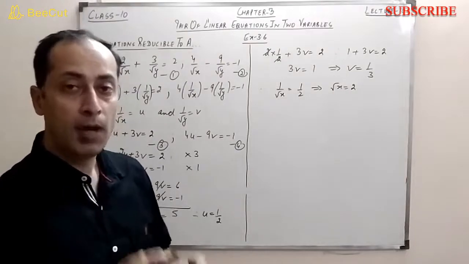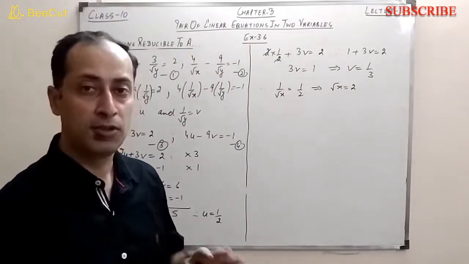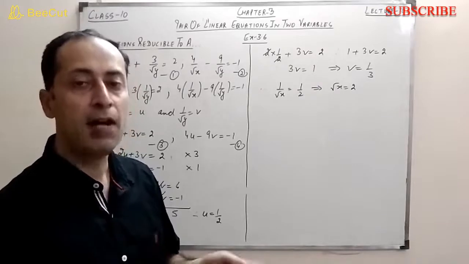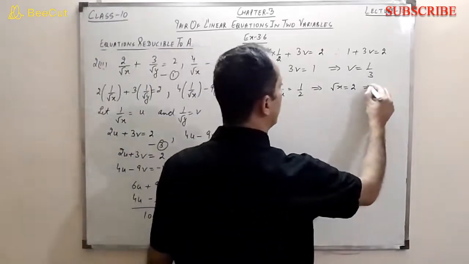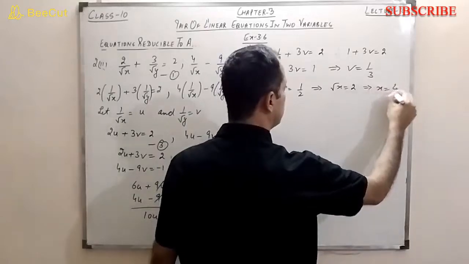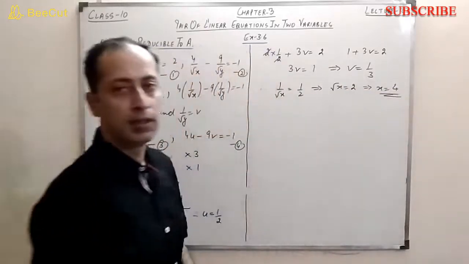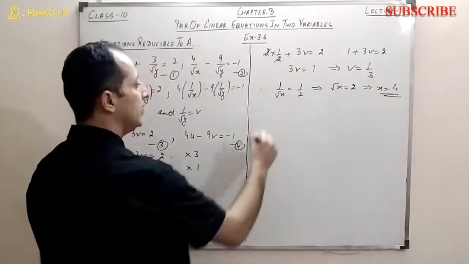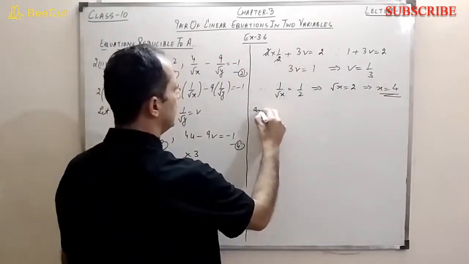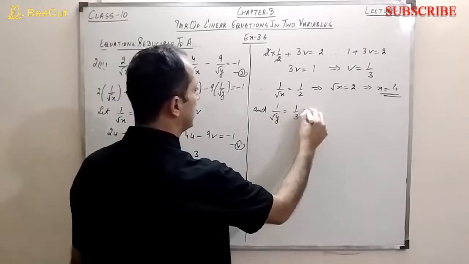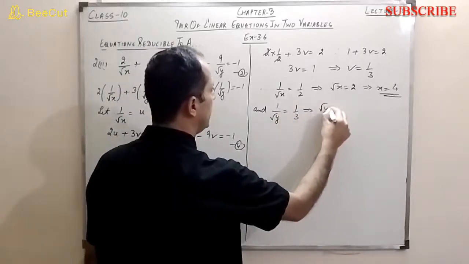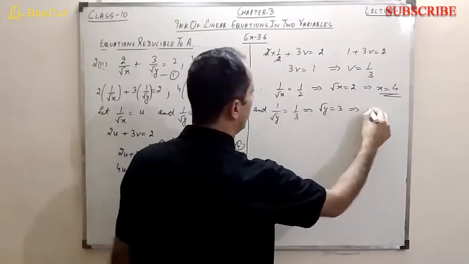Now, what do I have to do? I have to find the value of x, not root x. So it means I have to square both sides. When I square both sides, I get x equals 4. Similarly, I can put 1 by root y equal to 1 by 3. This means root y is equal to 3 and the value of y comes out to be